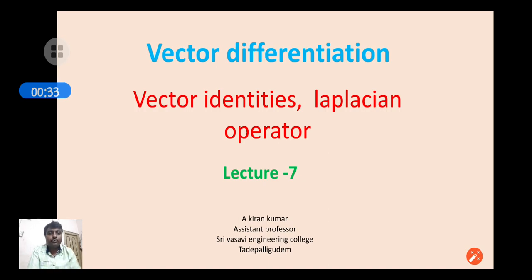Based on those four definitions, we can solve some example problems and also some applications, like finding the normal vector, finding the angle between the surfaces, and finding the irrotational vector and solenoidal vector. Now we can develop some relations between those operators like gradient, curl and divergence. Okay, now I go through some of the vector identities.